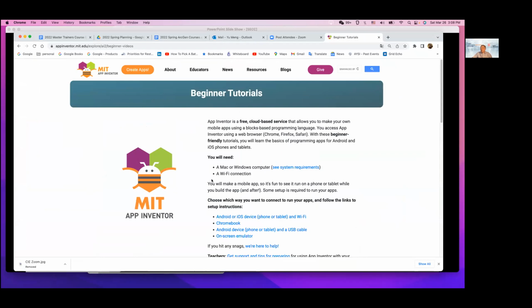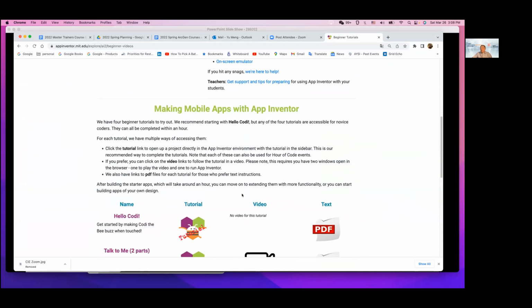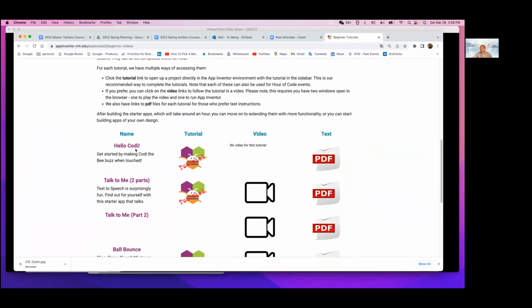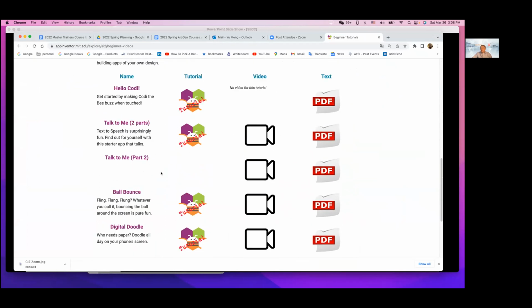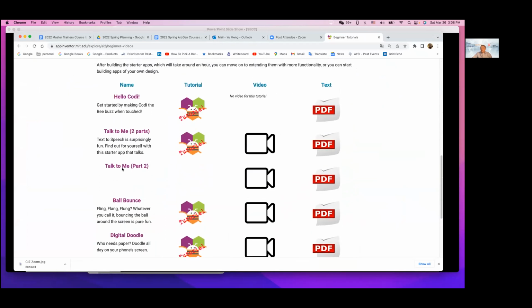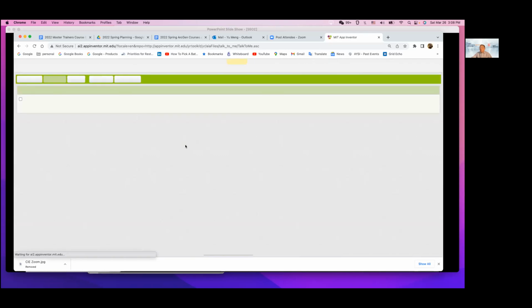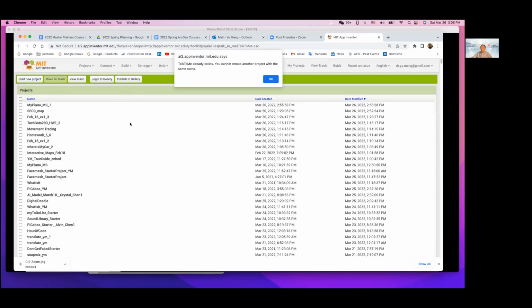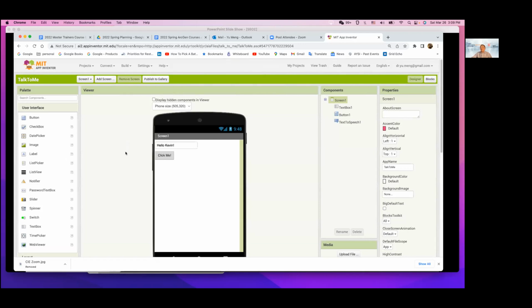Okay, click on this one. Look at here, there is a whole bunch of stuff. Let's do the first one. This is very interesting. We have 1, 2, 3, 4, 5, five different things in projects. I want to start with the second one, talk to me. I think it's cool. If you click on the icon, it's going to go to some places which